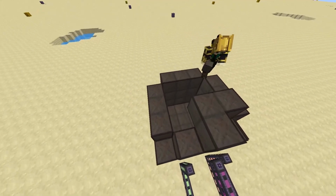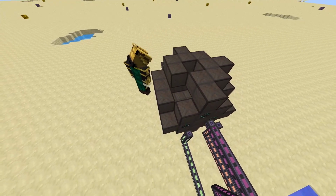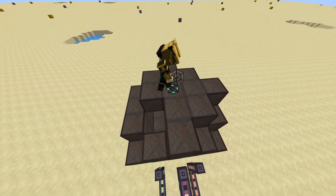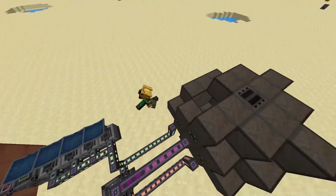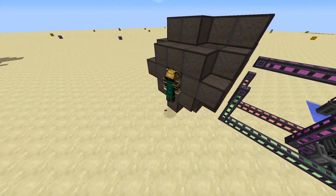finished off by a star shape, except this star shape holds a reactor port in the middle. Oops, no, sorry, not a reactor port. This holds a reactor controller in the middle. Now you're also going to need one port on the side